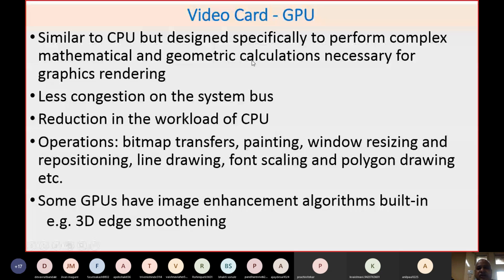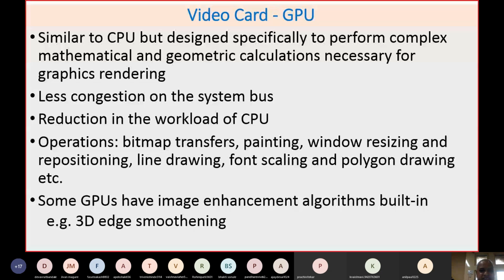So here, this particular function is done by thousands of core processors in the GPU, which are responsible for doing the mathematical or geometrical calculations responsible for graphics rendering.